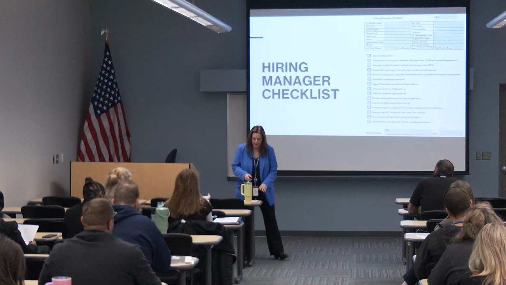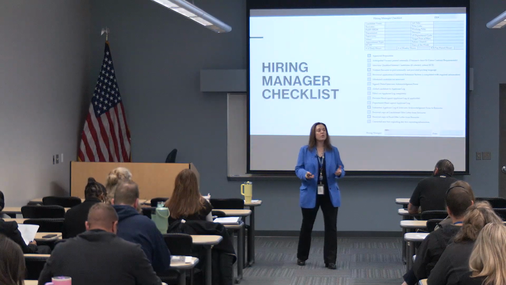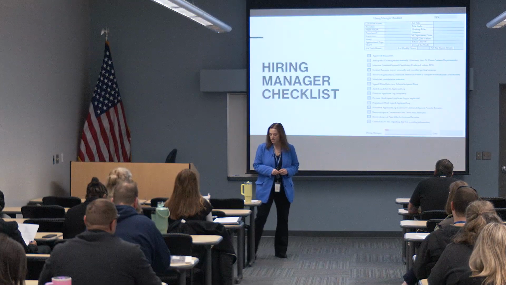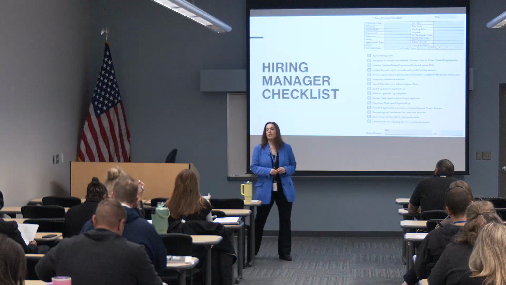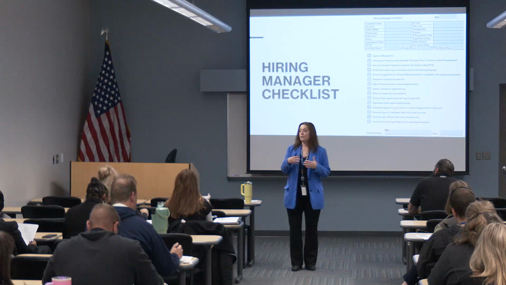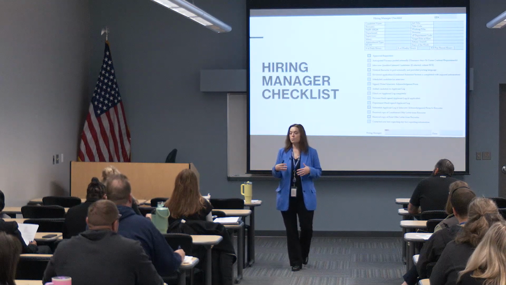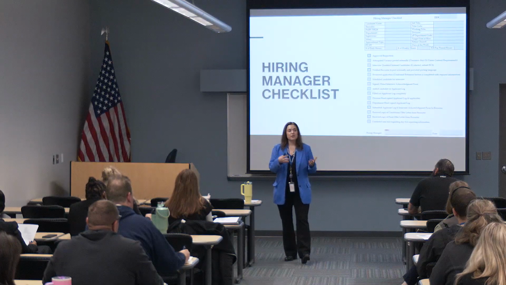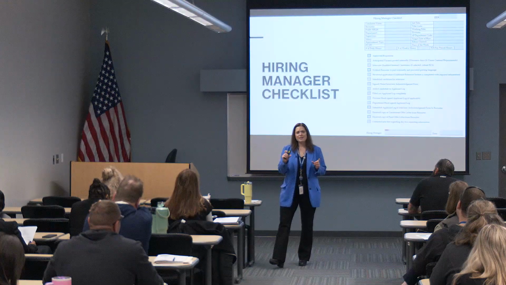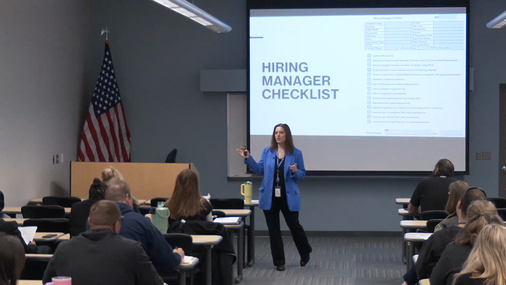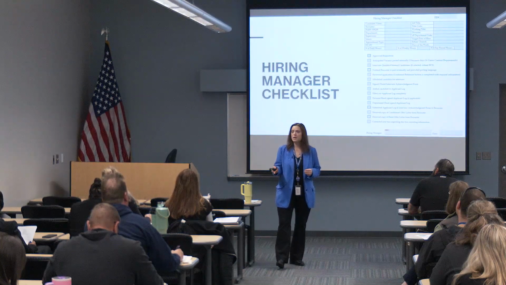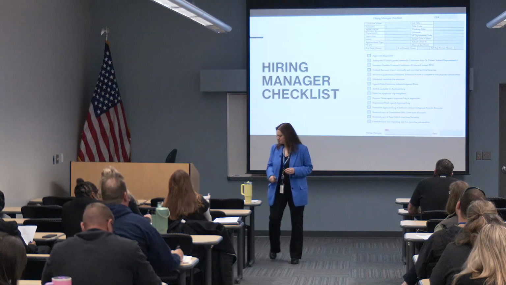Now, on the right side, I want to just talk about the working title. Some of our positions have a working title. Not everyone does. You don't need to put one there if you don't want to. The EP department code, it's really important that you guys make sure you communicate that to your recruiter. Once we're finished doing the pre-employment process and onboarding someone, our staff are uploading them into our EP system, and we need that department code. It's usually your department, an underscore somewhere in there along with your unit or division. If you're not sure what your EP department code is, talk to your timekeeper. They can give that information to you.